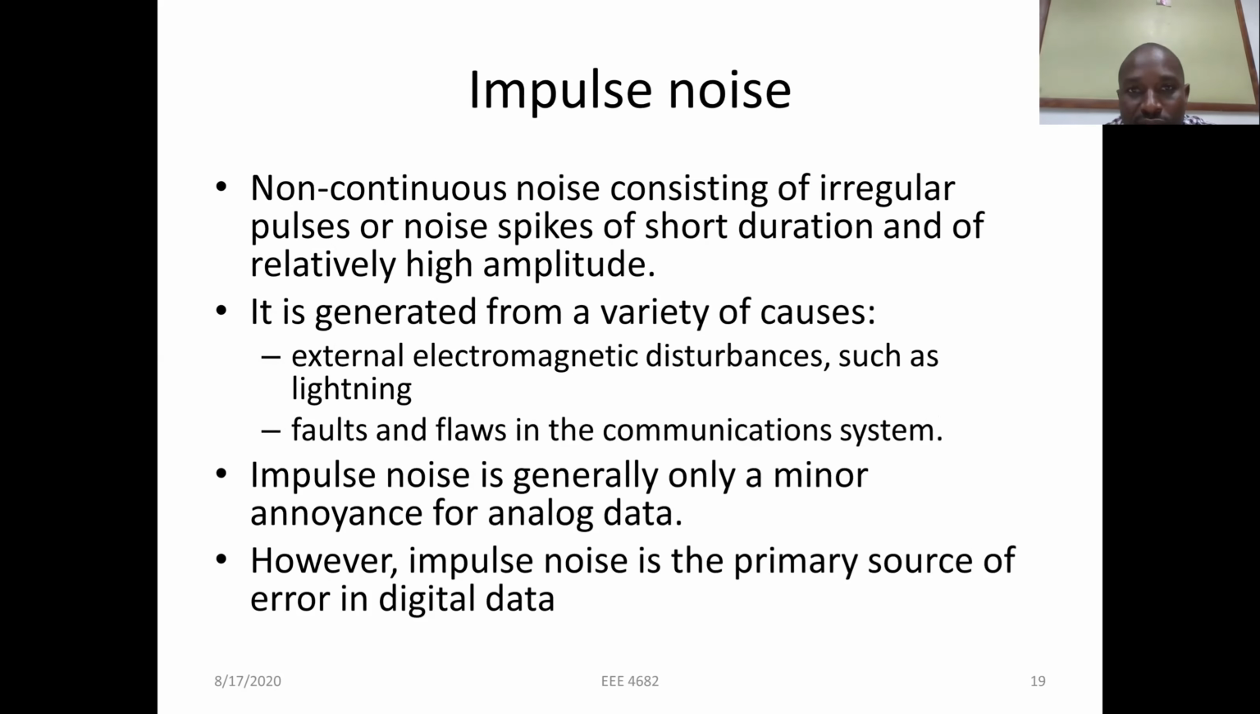Another example of internal noise is impulse noise. These are non-continuous noise consisting of irregular pulses or noise spikes of shorter duration, and they are usually of high amplitude. They are generated from a variety of causes, such as external electromagnetic disturbances like lightning, or even faults and flaws in communication systems. Impulse noise is usually just a minor annoyance for analog information, but for digital signals, impulse noise can be very